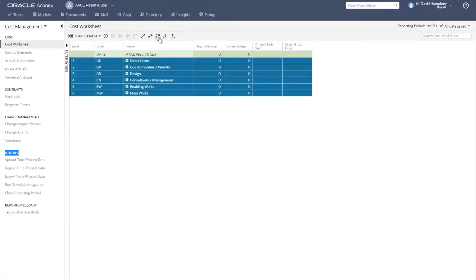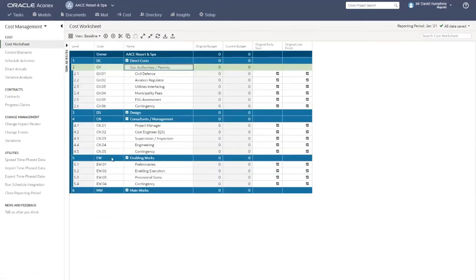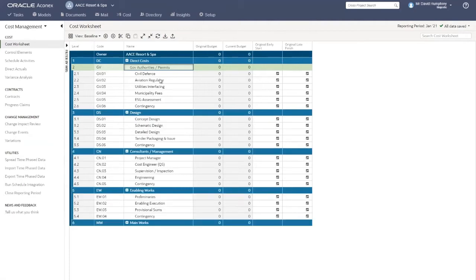So the way that we'll do it now is just to click that button there, and we've got these two options. The second one allows me to actually publish these control account codes that we're seeing on this breakdown structure here into the P6 system. So if I go there and click that now, it's going to ask me if I'd like to do it,